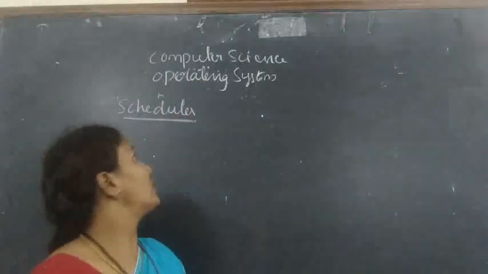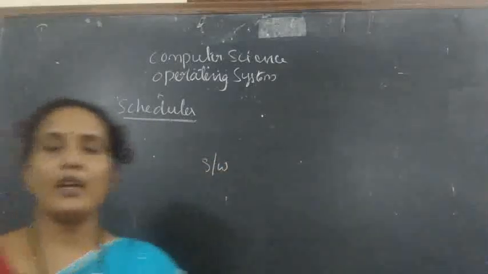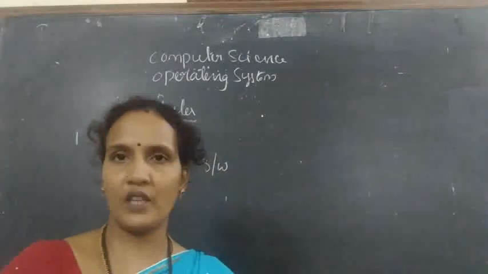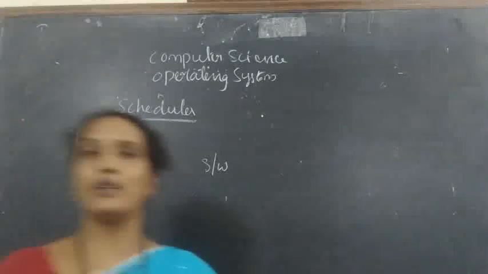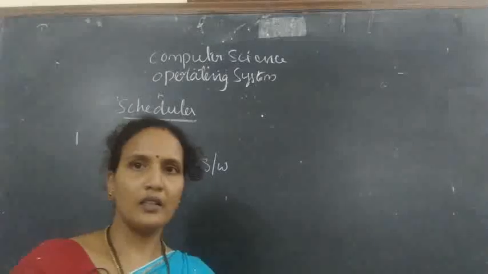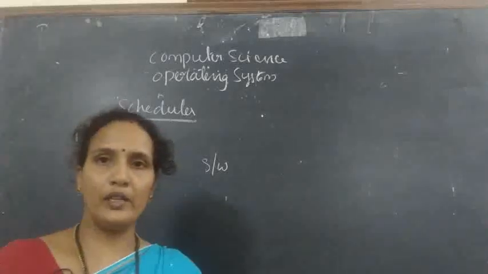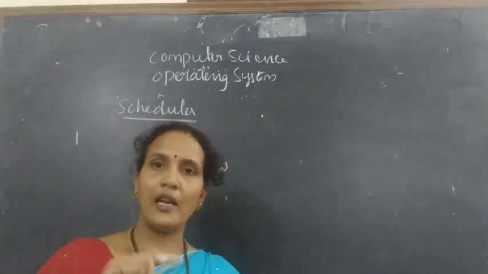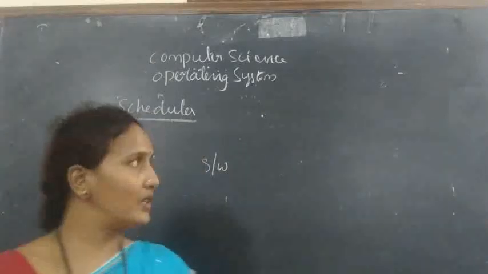Now here we will discuss the scheduler. Actually, what is the scheduler? It is a software. What is the use of this software? Whatever processes are waiting for a CPU, or waiting for input or output, or waiting for a child process, we maintained all of them in a queue. So what the scheduler will do is, whatever processes are in the queue, it will pick a process from the queue and load that process into the CPU. That is the job of the scheduler.